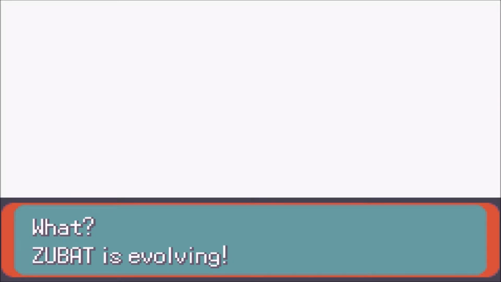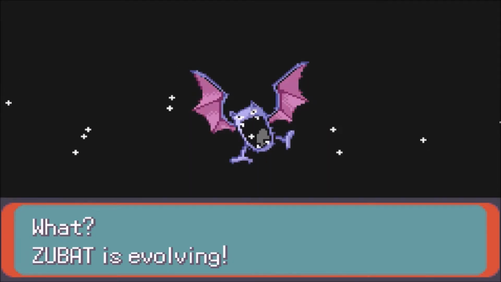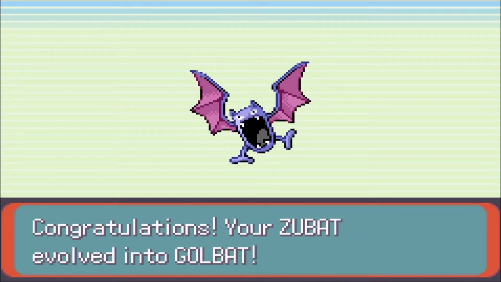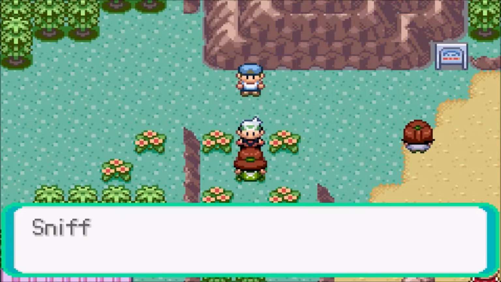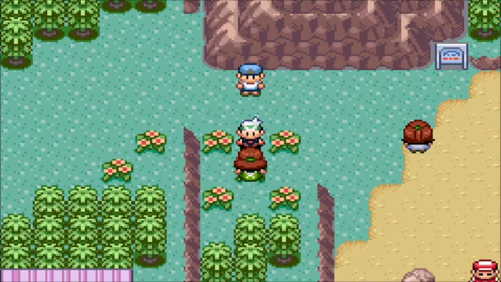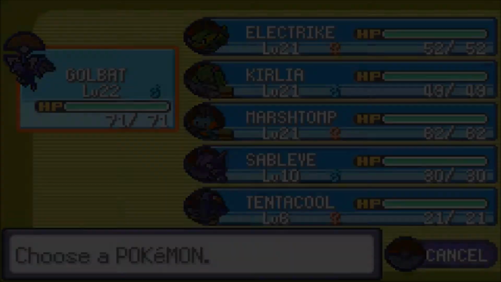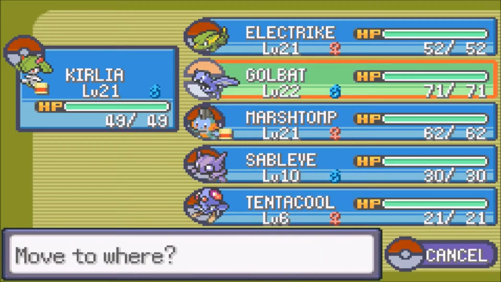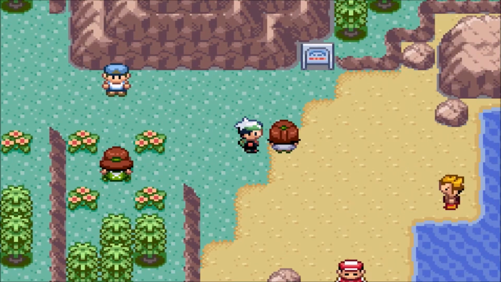We have a Kirlia, we have a Golbat, of course Marshtomp has been Marshtomp for a while, and Manectric is around the corner. And Golbat. Anyway, let's get Golbat out of the lead. It's kind of done its job. Kirlia, because we're pretty close to Psychic, I guess. I won't be using...